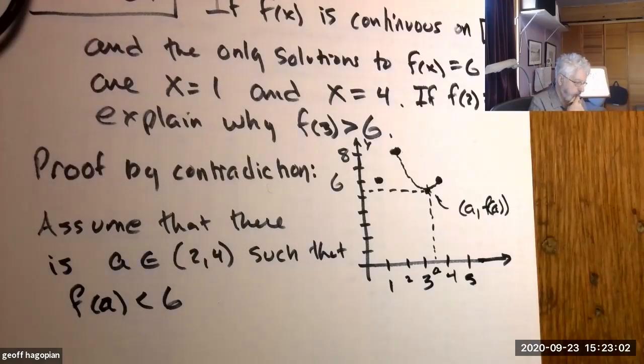Then we violated something. What's the argument here? Then there would be another solution, right? So we violated the assumption that there are only two solutions to f of x equals 6. Okay, so then